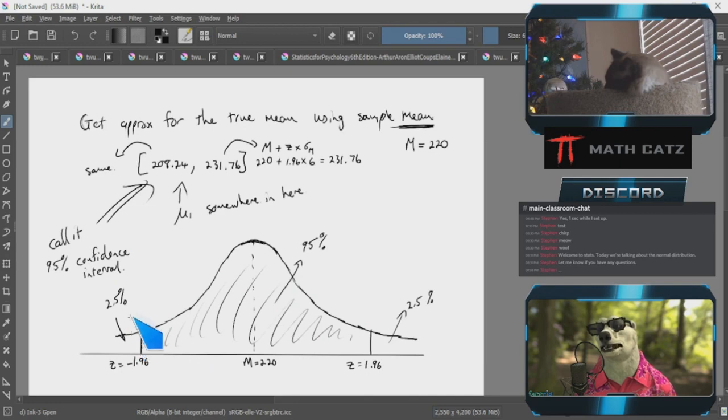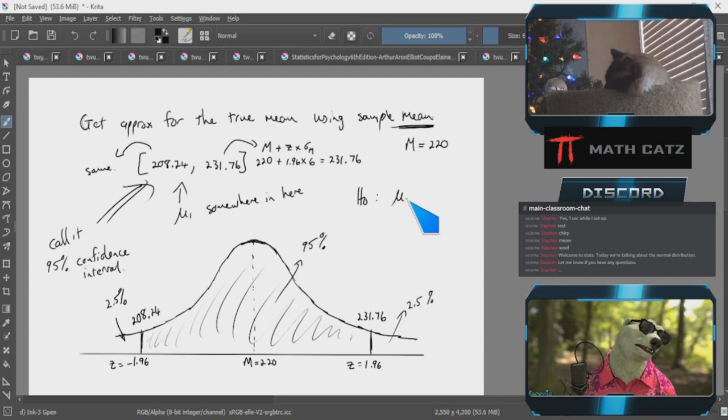So if we pick an alpha of 5%, and establish this confidence interval, this one corresponds to a raw score of 208.24, this one 231.76,